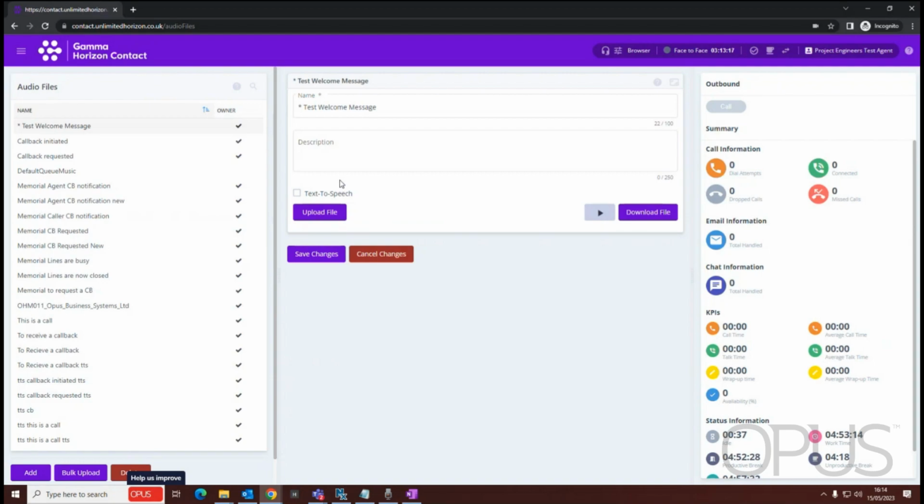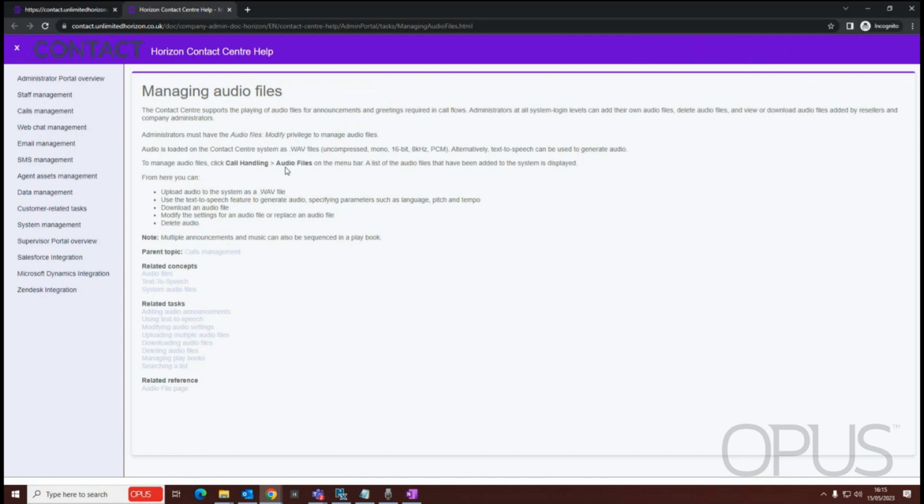If you are recording your own messages locally, you just need to make sure that you convert those audio files to the correct file format. To find that file format, see where we've got audio files here. There's a little question mark just there. If you select that, you'll then be able to see within the help files the WAV file format that you'll need to create your audio file in,